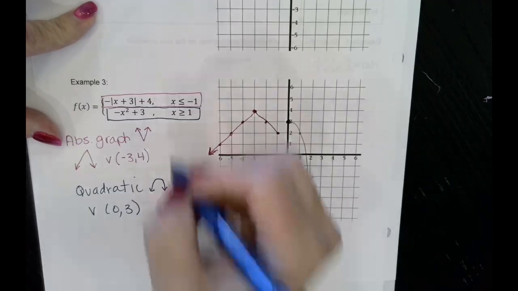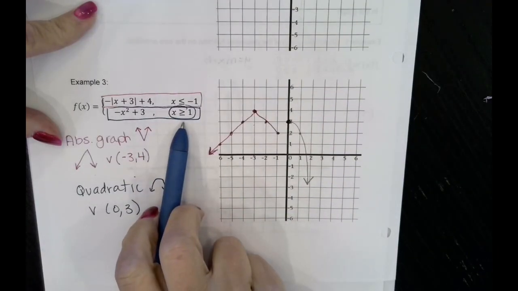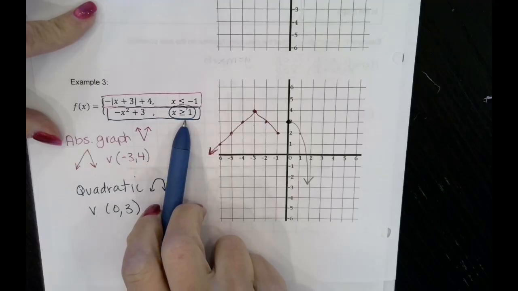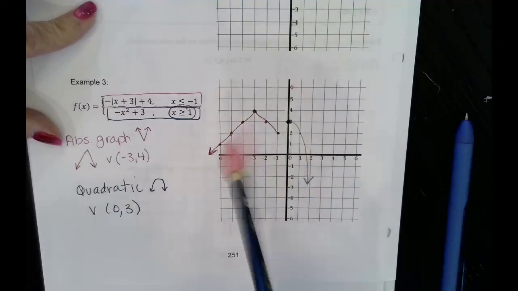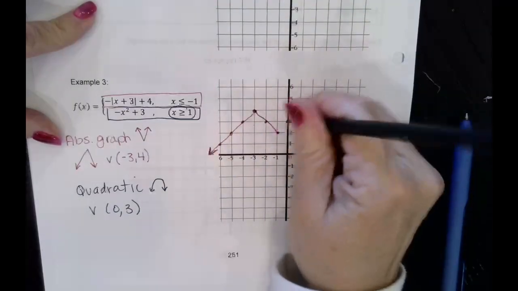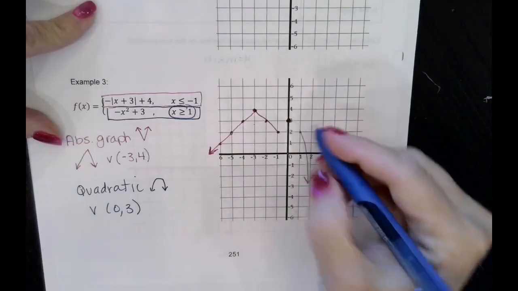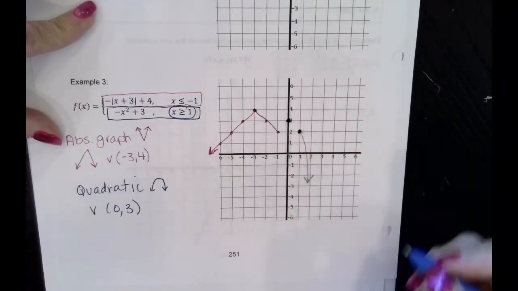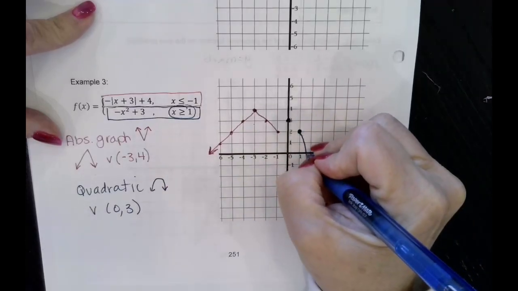But this tells me I only care about what happens when x is greater than 1. And I think this is a typo, but it's okay. We can still do it this way. So when x is greater than 1, that means I'm going to go in here and delete this part of my graph because I only care what happens when x is greater than 1. So I'm going to have another closed-in circle because it's equal,